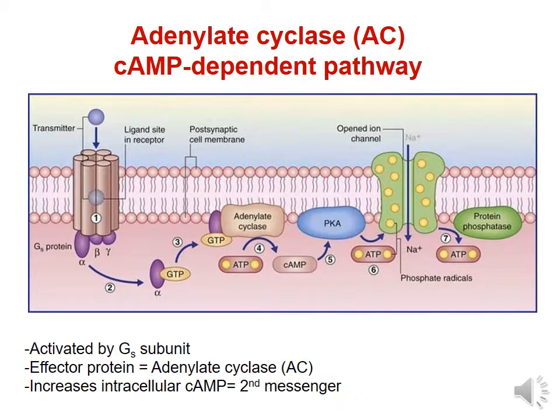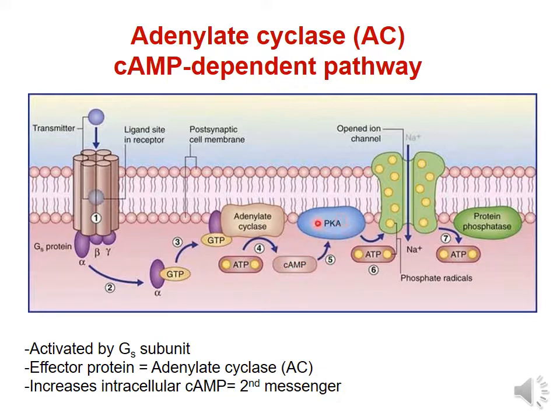So in this slide, we see a representation of how the adenylate cyclase system works. And in this case, this metabotropic receptor causes the activation of an effector protein called adenylate cyclase. This protein initiates the cAMP dependent pathway, which catalyzes the conversion of ATP into cyclic adenosine monophosphate or cAMP. Then in this process, the alpha subunit exchanges GDP for GTP, comes to the effector protein, activates adenylyl cyclase, and it results in the production of cAMP,